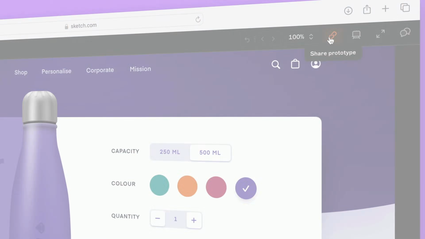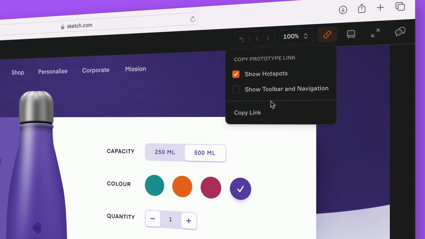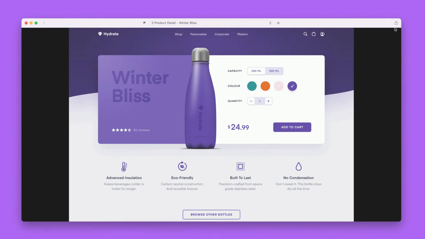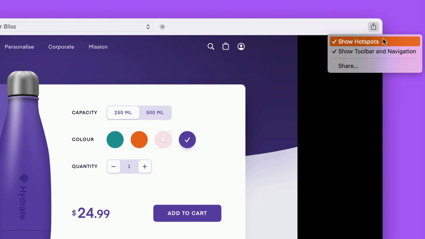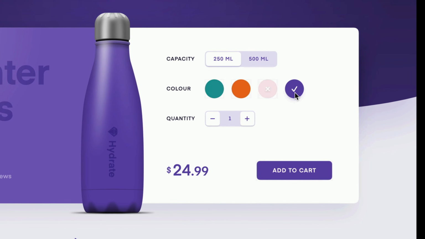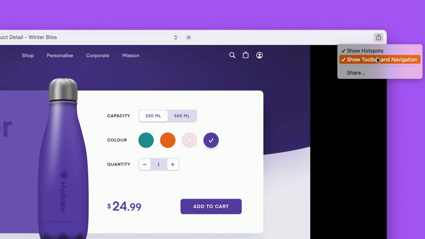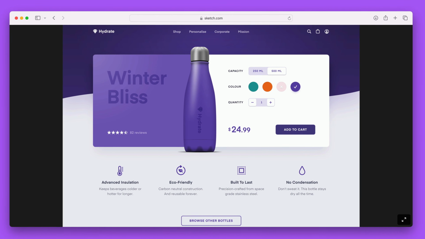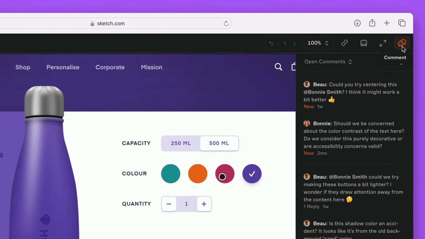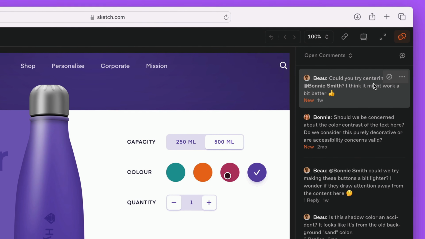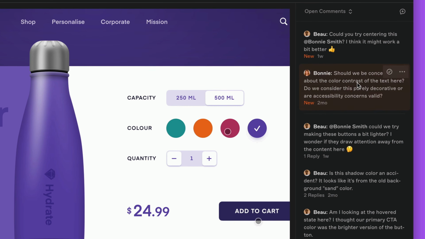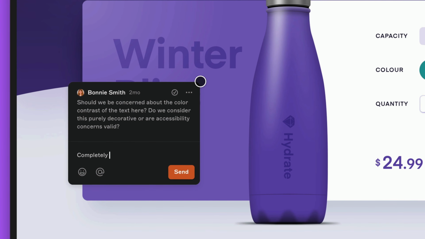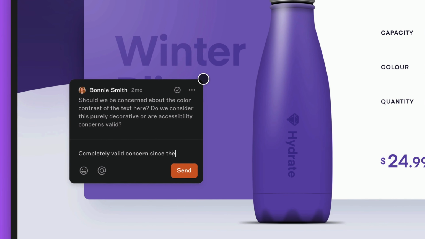One more thing. When it's time for a collaborator to view this prototype on the web, we've added some new options when you share from the preview window, like whether to show or hide hotspot hints, which is great for user testing, and the ability to turn off the navigation and toolbar to keep viewers focused on your prototypes. If you choose to keep the toolbar enabled, we've also added the ability to view and add comments directly within the prototype player. That means no more scribbling down notes in a different app or having to exit the prototype to add